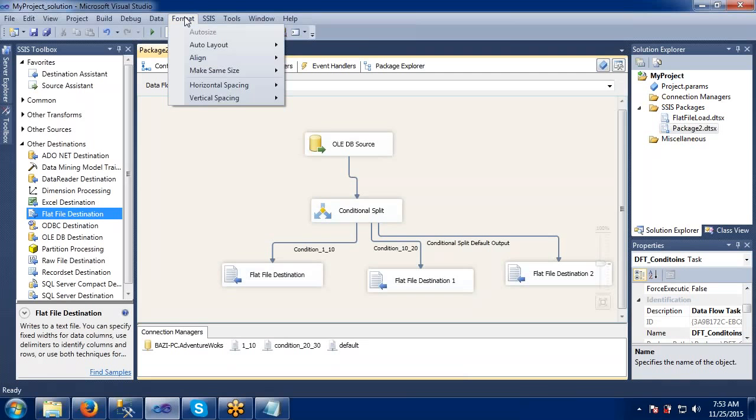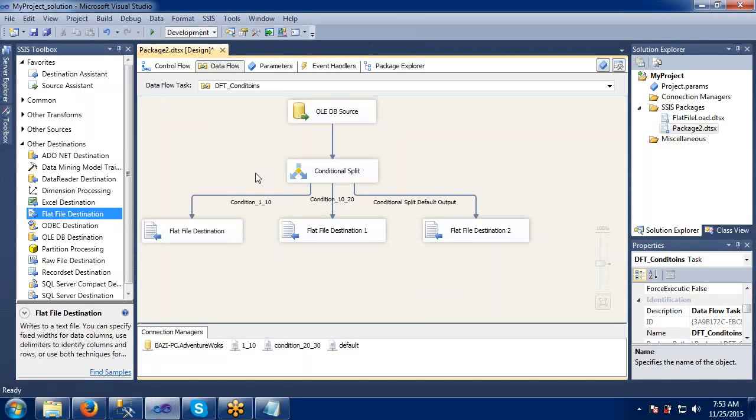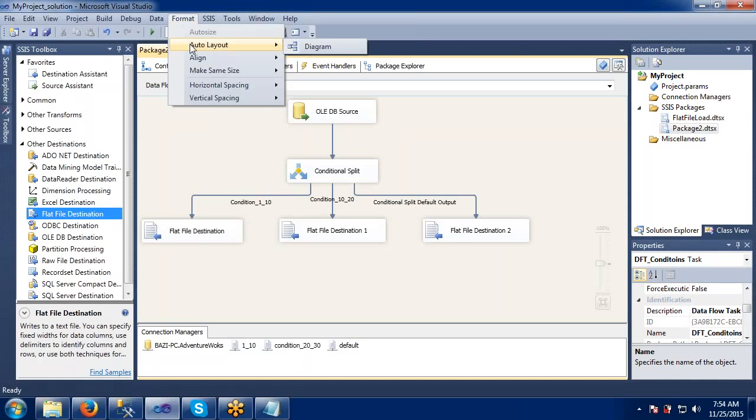So come to here, format. If you see this format, it is asking how the layout should be displayed. Make it as a diagram. Means automatically it will arrange it in a proper way. Till before this it was somewhat zigzag, right? Now it will make it into a default view which can fit our frame. For that, every time go to auto layout. I won't ask you to keep the file as it was. Make it an auto layout as a diagram. If you want to do some alignments, we can do this one.